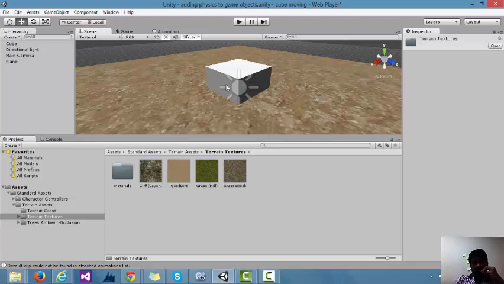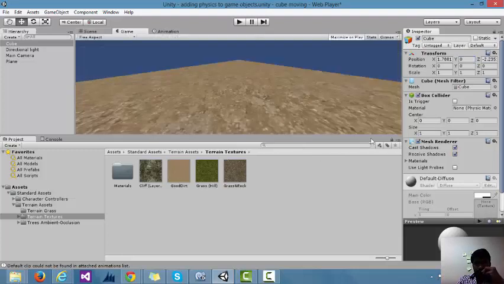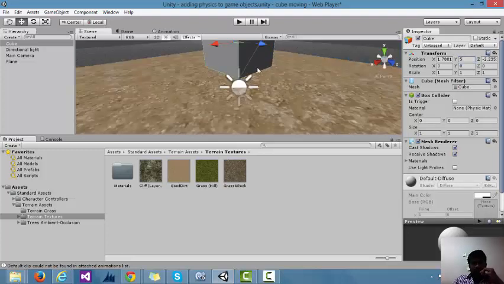You can see this cube is below the ground level, so I'm moving the cube above the ground level. Going to the cube, I set the position value to 5, so it is above the ground level.